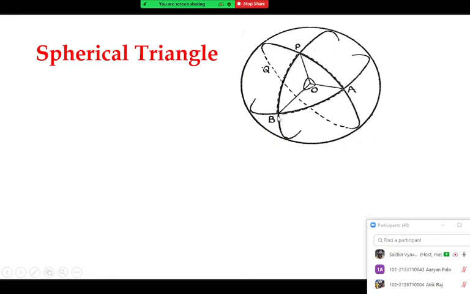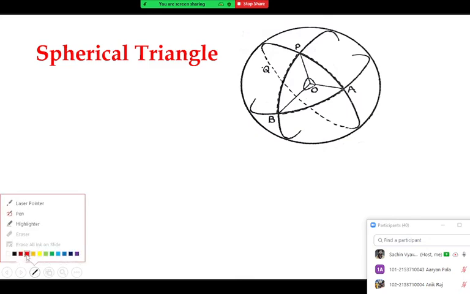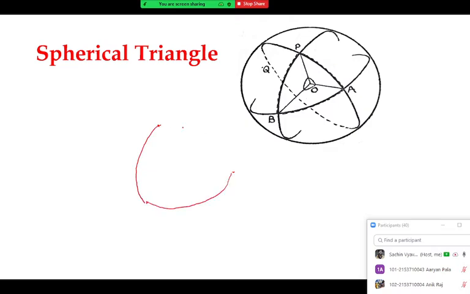The intersection of three great circles always gives us a spherical triangle. Now we moved to our main article, the spherical triangle. Here you have to draw these 3D diagrams. Obviously, the spherical triangle is not a 2D figure. It is a 3D figure. So whenever we have to draw any spherical triangle, we draw a triangle like this. Say we have 3 points, P, B, and A. So just draw some arcs, like this. This is one, this is another, and this is the third. So this is the triangle PBA.